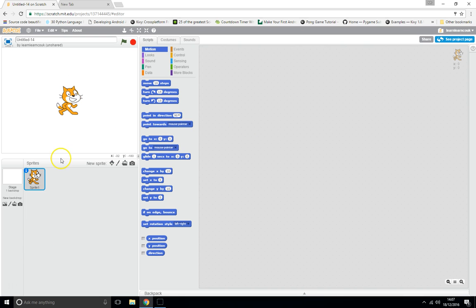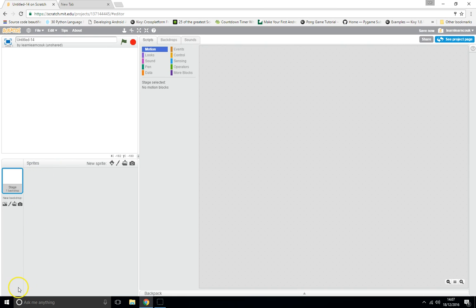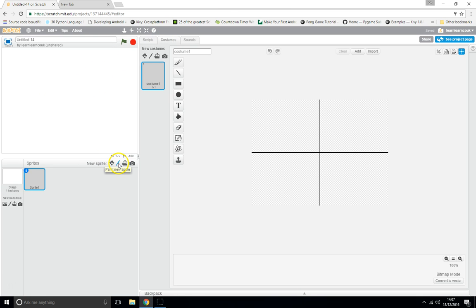Here we are. I've created a new Scratch game and let's get rid of Scratch first of all. There we go. The first thing we're going to do is create ourselves a hammer and get our hammer moving around the screen. So let's create a new sprite